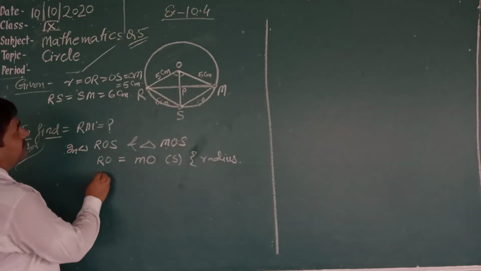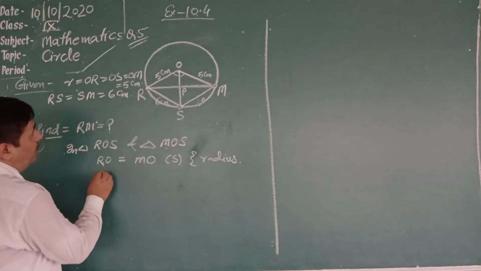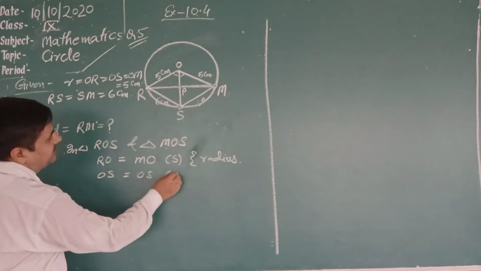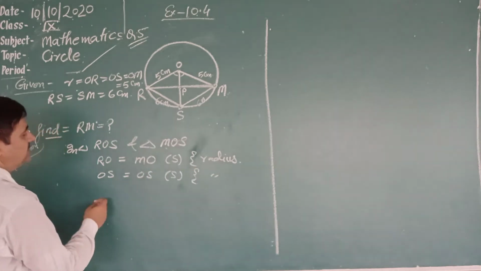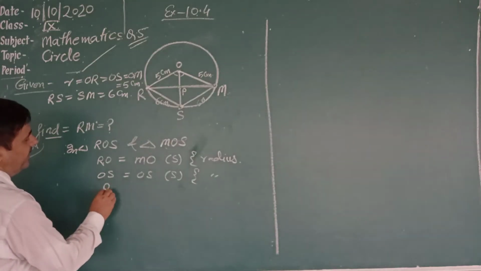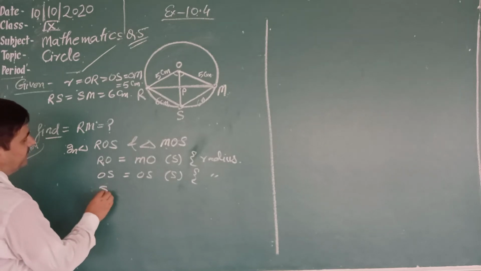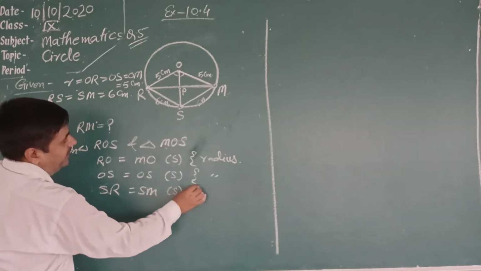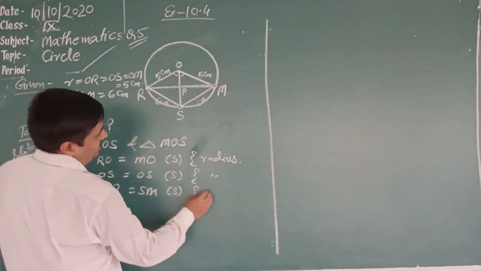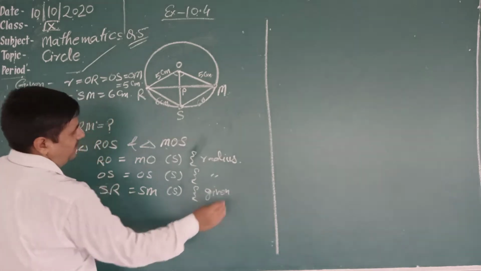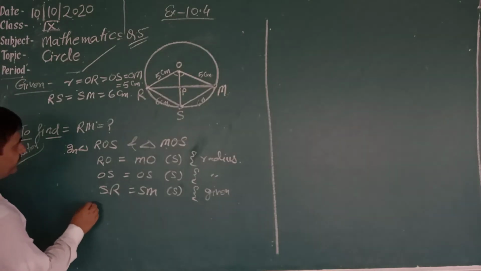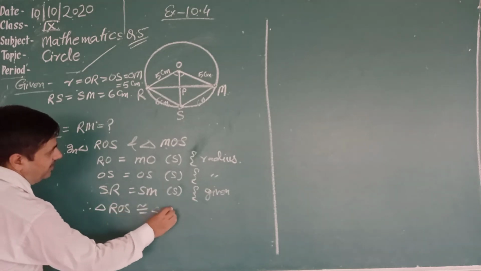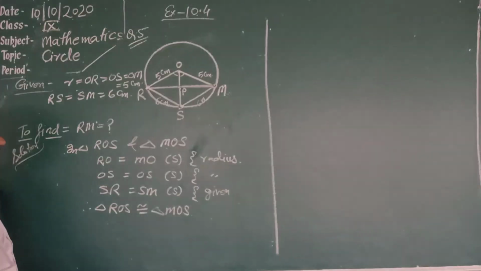Now after this, OS equals OS, this is also a radius, and SR equals SM, this is also a side and it is given, both are 6. Okay, therefore triangle ROS is congruent to triangle MOS by